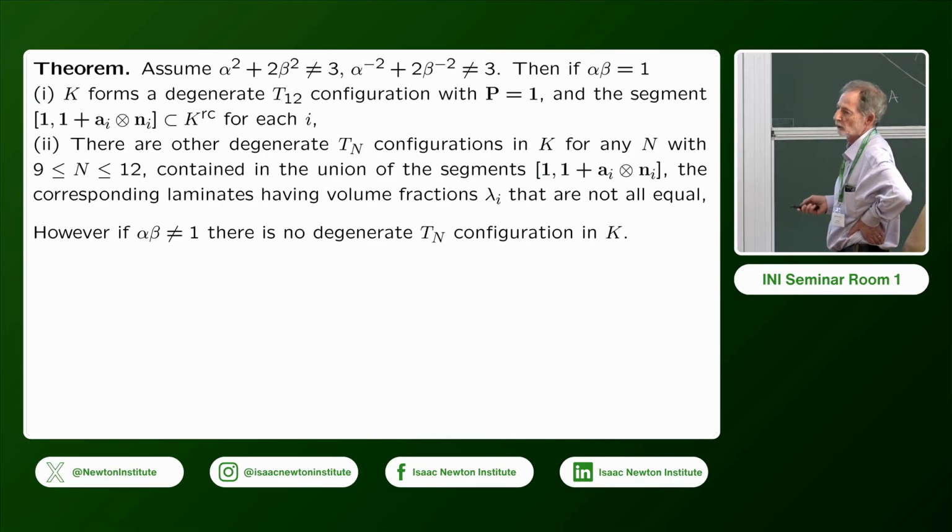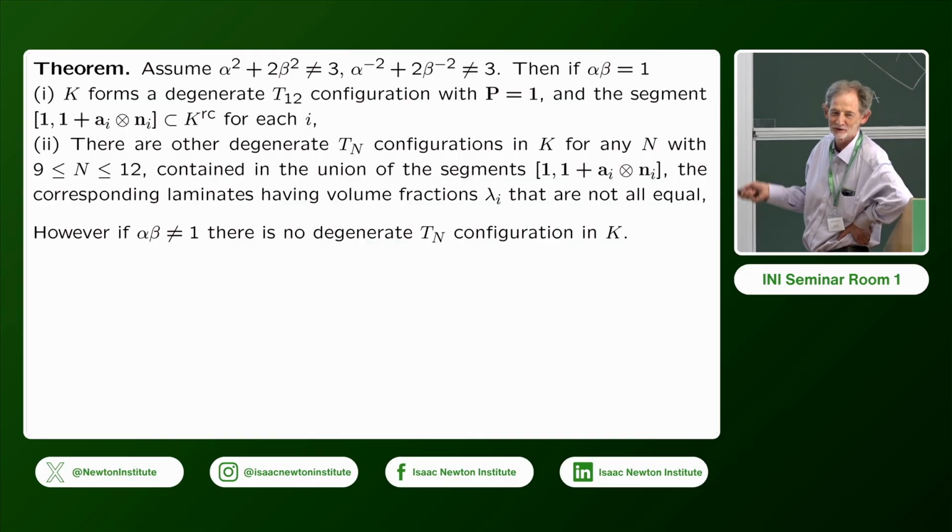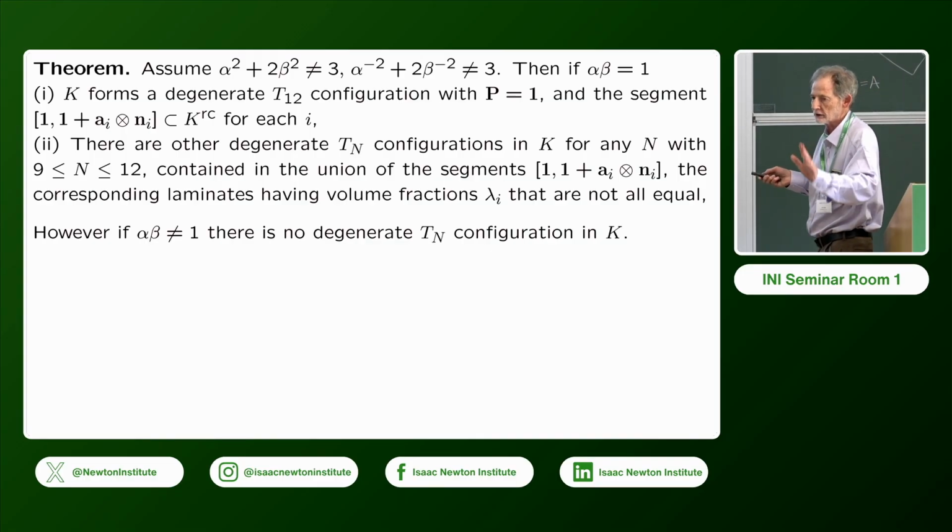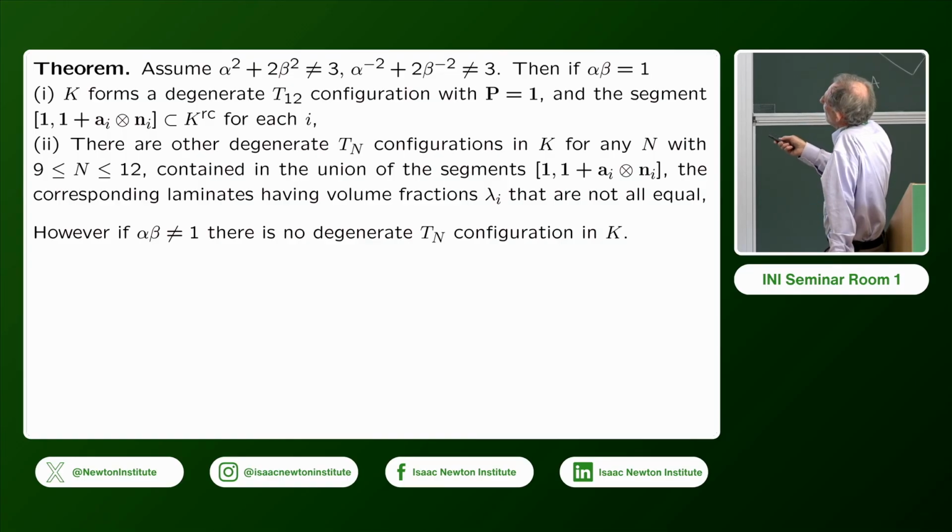Now, well, that's the negative thing. There are no Tn configurations. However, there are degenerate Tn configurations. So now, if alpha beta is equal to 1, then K forms a degenerate T12 configuration with P as the